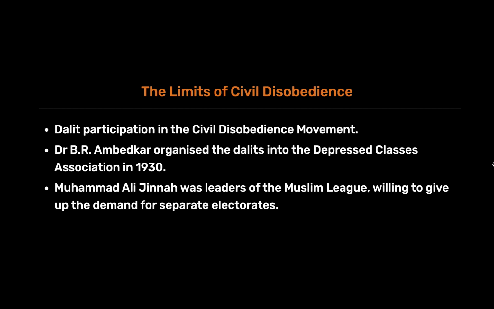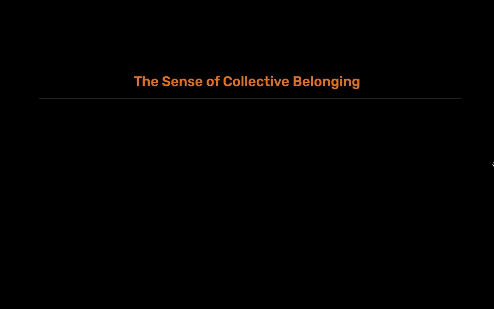Muhammad Ali Jinnah, one of the leaders of the Muslim League, was willing to give up the demand for separate electorates if Muslims were assured reserved seats in the Central Assembly and representation in proportion to population in the Muslim-dominated provinces Bengal and Punjab. Negotiations over the question of representation continued, but all hope of resolving the issue at the All-Parties Conference in 1928 disappeared when M.R. Jayakar of the Hindu Mahasabha strongly opposed efforts at compromise.